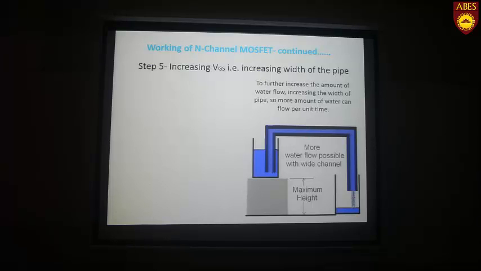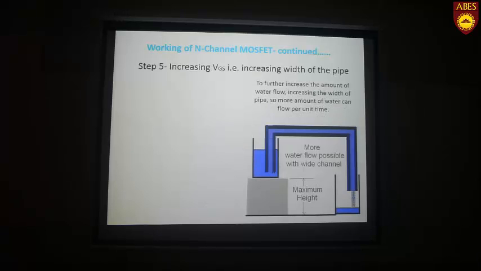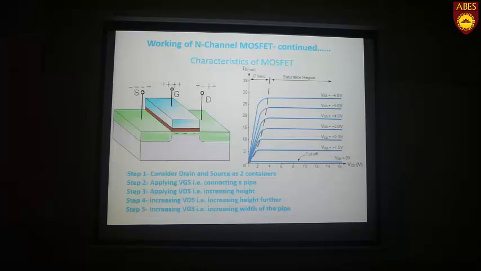What is the meaning of a bigger pipe in this technology in electronics? Again we are increasing the potential, but here we are increasing the pipe, so we are increasing the potential at the gate terminal. To increase the size of the pipe in this technology, we increase the potential at the gate terminal, so the channel will be wider, more electrons can flow from the source to the drain region, and hence the current will further increase.